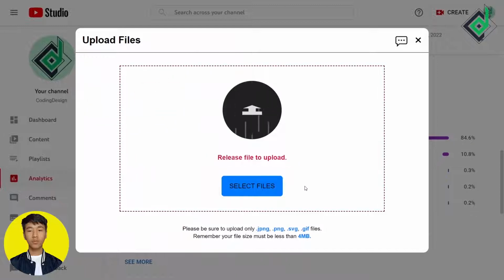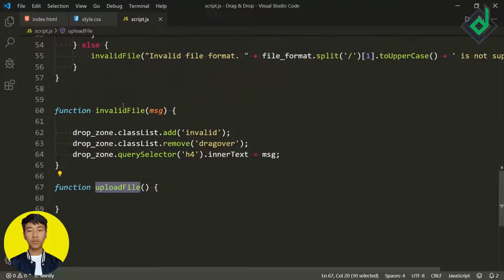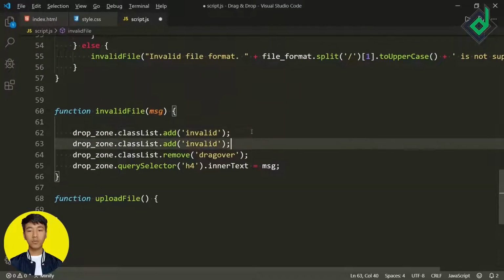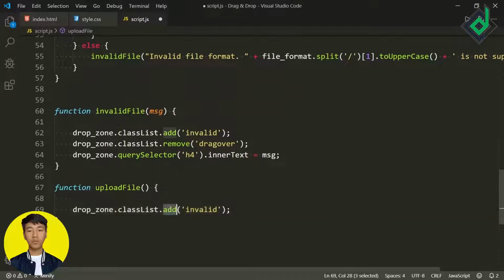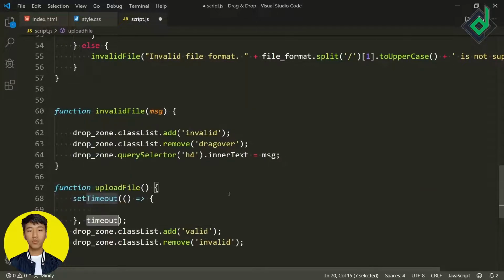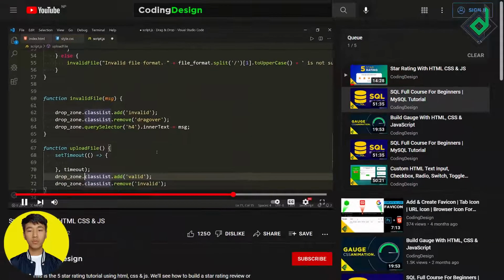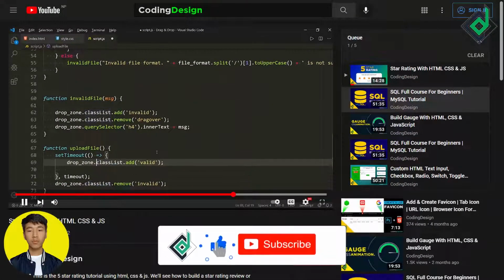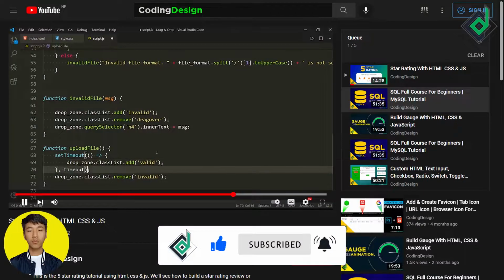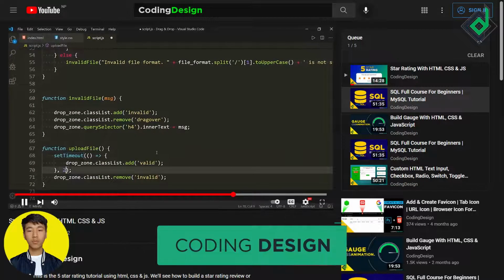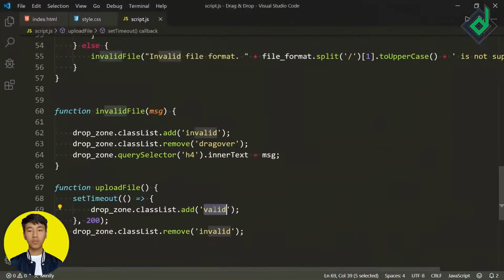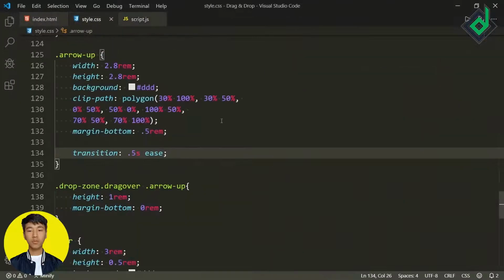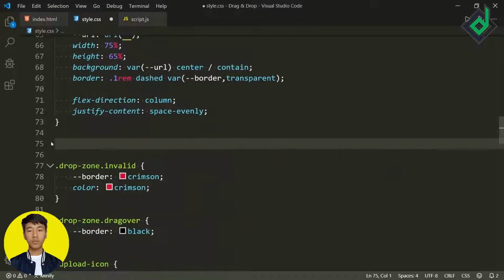But now you can see when you drop your file, that text color didn't change. So let's duplicate this code and take it to that upload file function. Now instead of adding that invalid class, remove that invalid class and instead we'll add the valid class for that drop zone. And I want to add that valid class after 0.2 seconds. So I'm taking the help of the setTimeout function, but I haven't added that valid class in the CSS file. So now for the class drop zone, let's add that class valid. So I'm writing .drop-zone.valid.